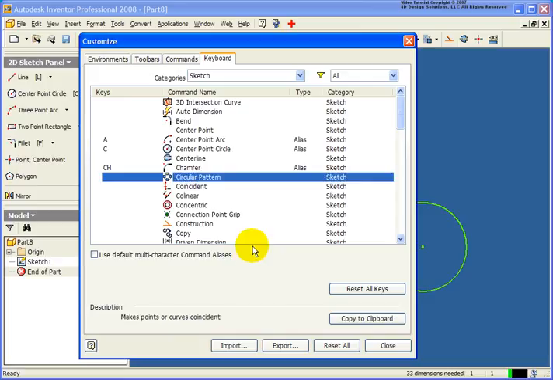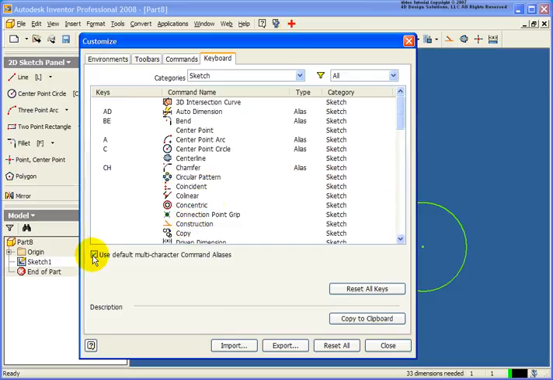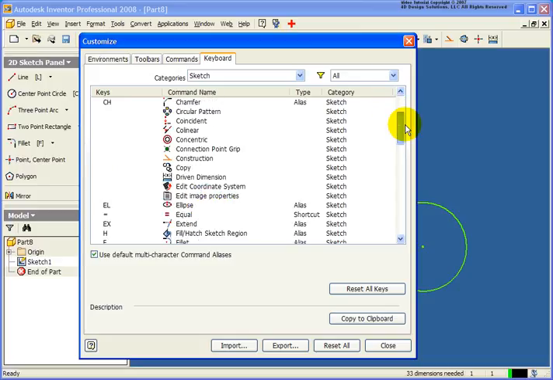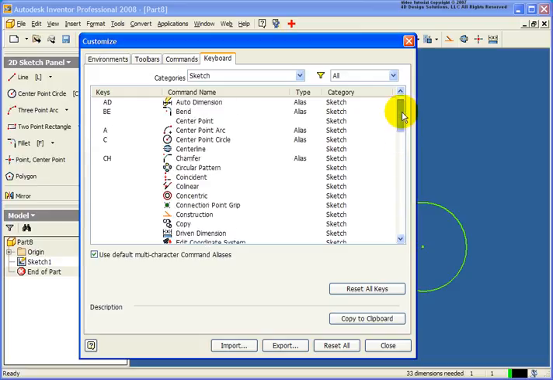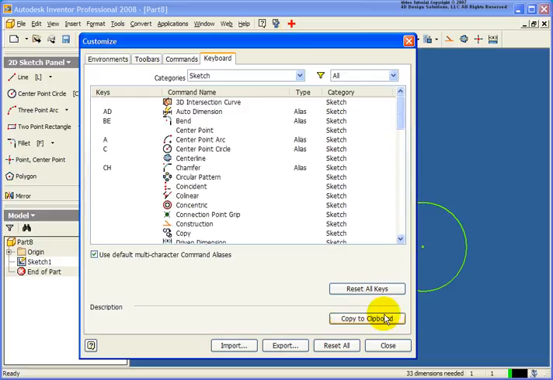So in this case, I'll just enter. And now I just programmed CH. So if I select a specific keystroke that's already in existence, Inventor will pop up a dialog box telling me that that is the case. So you notice by default these were all single letters that were already pre-programmed. There's an option on the lower left-hand corner of this dialog box to use the multi-characters. And what this is going to do, it's going to extend the capability for Inventor to use more like an AutoCAD environment here. So if I go ahead and close this out,